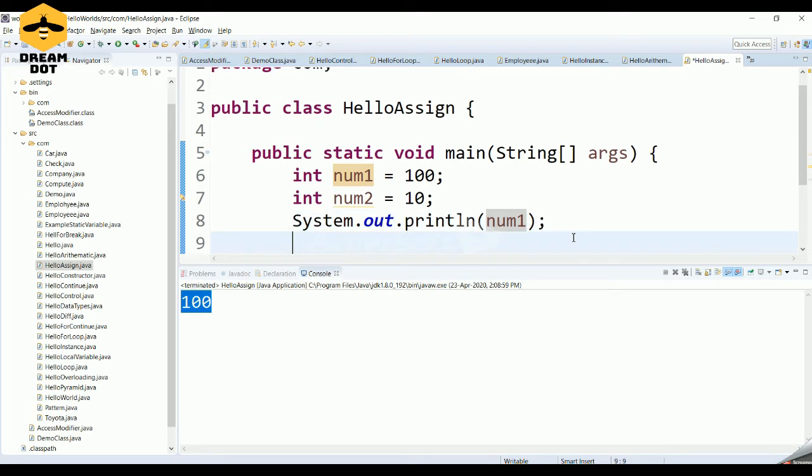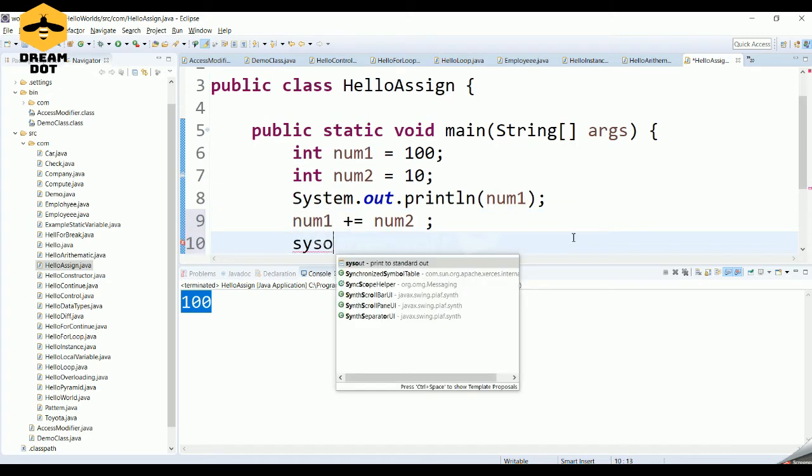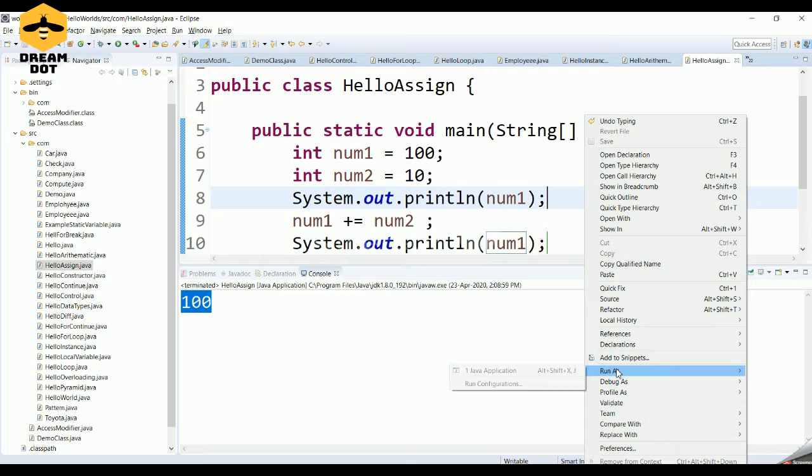Next we have one other operator called plus equals. So what is plus equals? Like num1 plus equals num2. When you try to print num1 right now, let's see what gets printed.